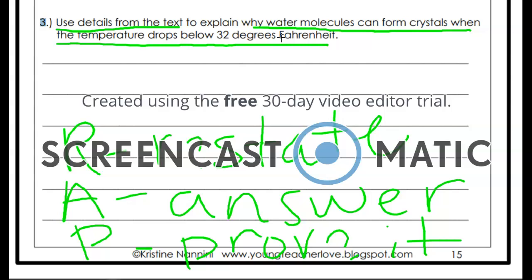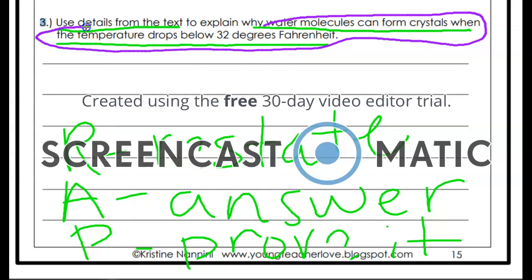So if we're going to look at how we're going to use those WRAP strategies, the first thing we're going to do is restate our question. So we might use this section right here that says water molecules form crystals when the temperature drops below 32 degrees Fahrenheit because, so that would be restating our question. Answering our question is going to come in with that prove it section because we're going to be using the details from the passage. So we're going to say something like, water molecules can form crystals when the temperature drops below 32 degrees Fahrenheit because,